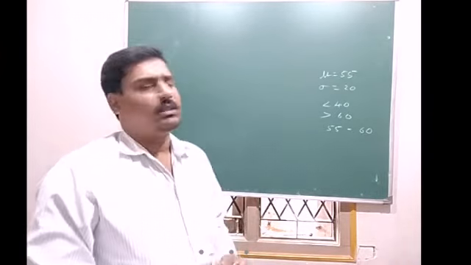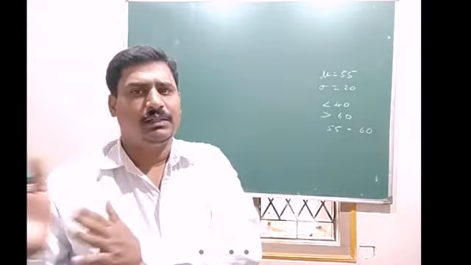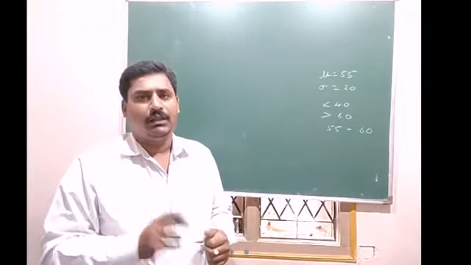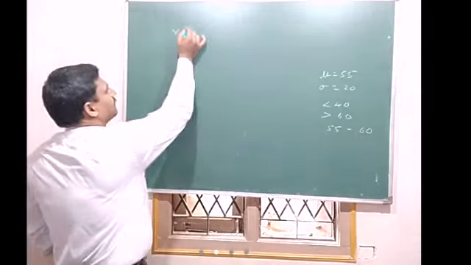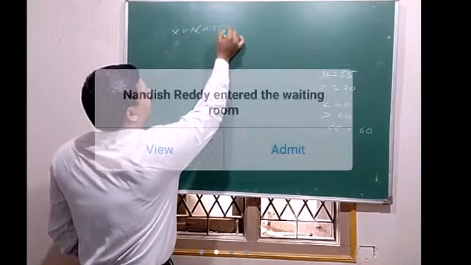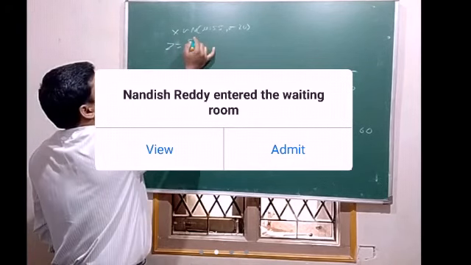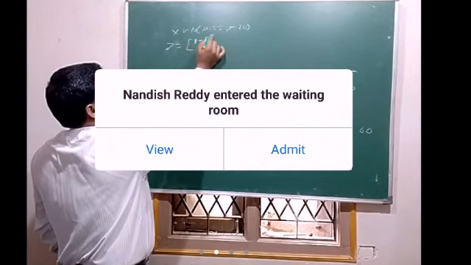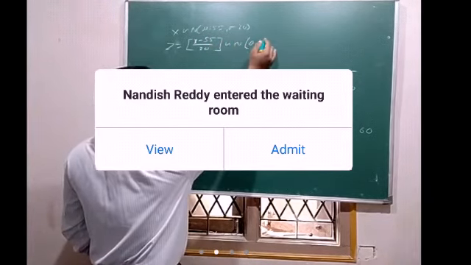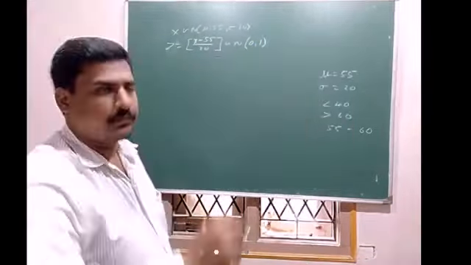Okay, so first we have to write what is x. So x is a particular variable for which the data is given. Then consider x as tending to a normal distribution with mean mu 55 and standard deviation 20. Then z is equal to (x minus 55) divided by 20, which tends to a normal distribution with mean mu 0 and standard deviation 1.